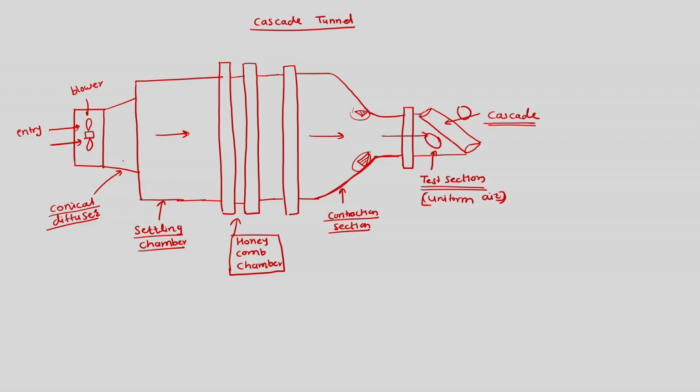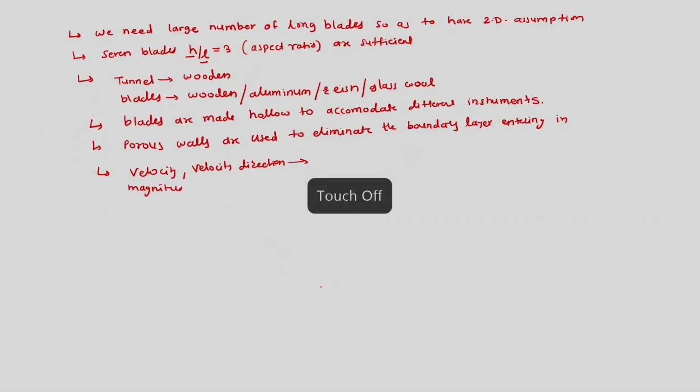Further, in the cascade, the blades would have instrumentation, and such instrumented blades would measure pressure over the blades. So these are the general arrangements which are done in case of a cascade tunnel. If we try to see, then we can see that the special arrangement in the test section is like this, where we have this part as the test section,